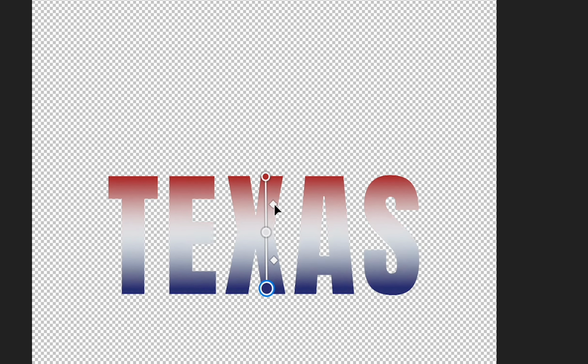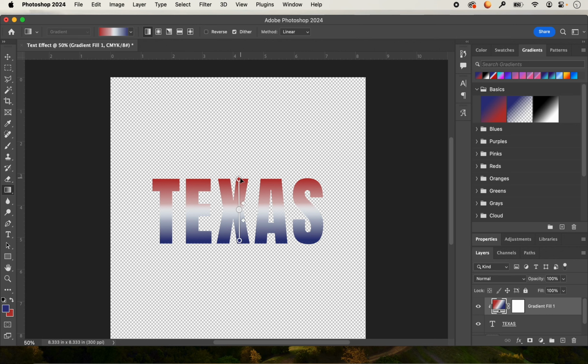I can also adjust my stops on the top so that the white color is not overpowering my gradient. And I'm going to bring red down a bit more and bring blue down as well. So I'm just going to try to keep it as straight as I can until I get the desired effect. So again, experiment and see what you need to do for yours to look the way that you want it to look. Now we're just going to add some effects to the word so that it makes it pop a